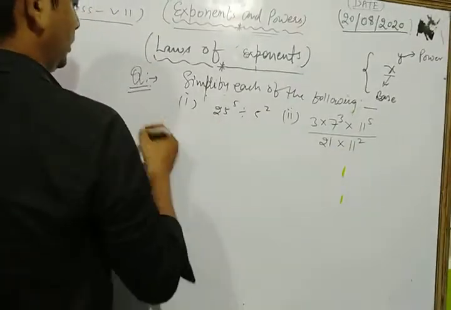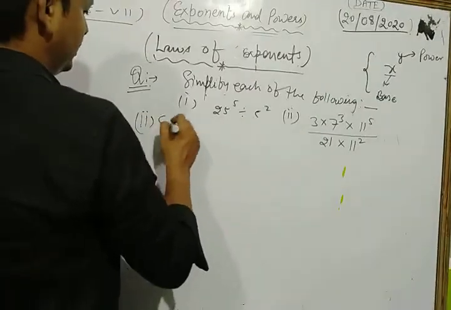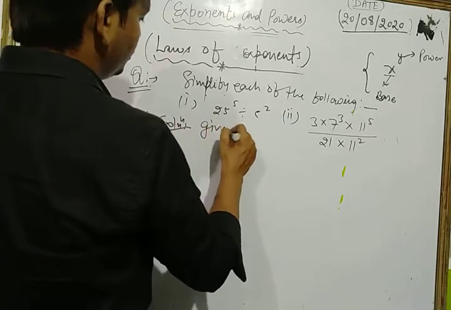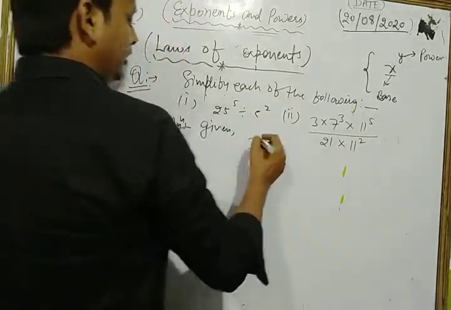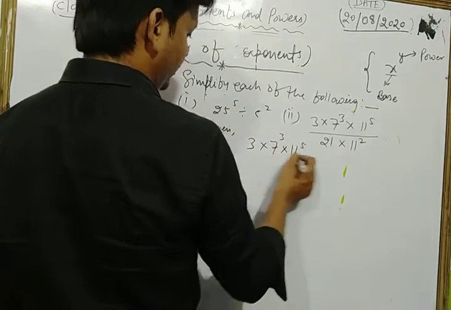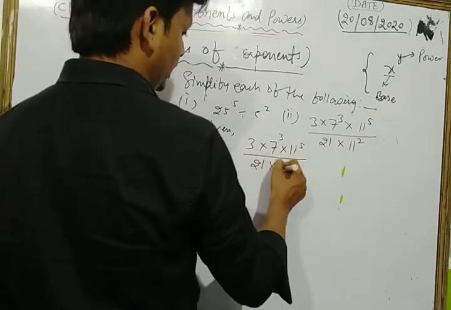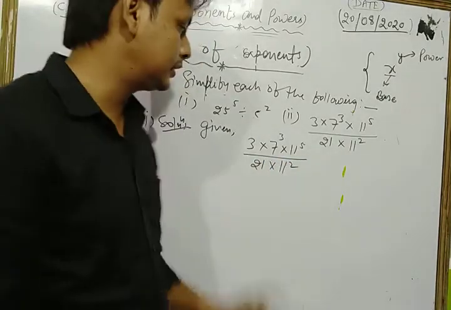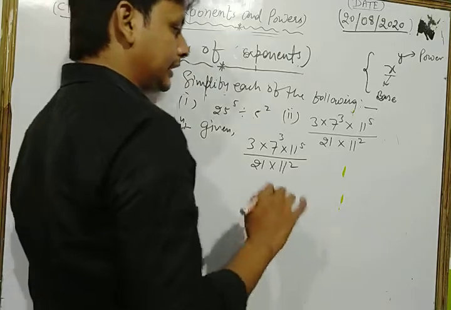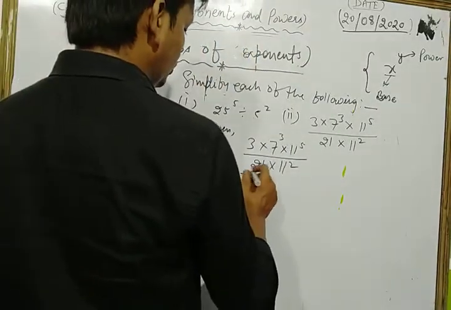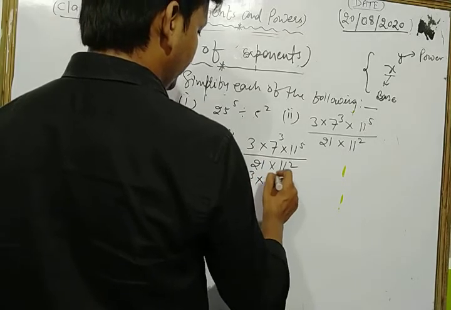Look, we take the second part and solve it. Here, first of all, you write the given expression as 3 into 7 to the power 3 into 11 to the power 5 upon 21 into 11 squared. Now, dear students, we write each value in its exponent form first of all. So we write 3 as it is, 7 cube as it is, 11 to the power 5 as it is,